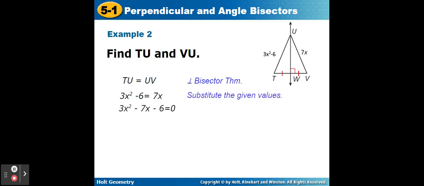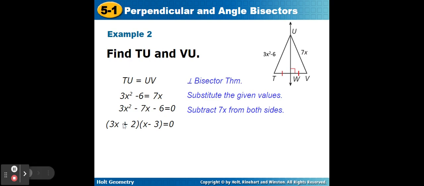We're going to subtract 7x on both sides, so we'll get a quadratic equal to 0, and then we'll factor that. So please be careful when you're factoring. Note that this middle term is -7, and that this final constant term is -6. You want to have different signs here for 2 and 3, so we get a negative answer when multiplying, and we want it to be -3 so that we get -7 when we add. We'll factor, we're going to solve,